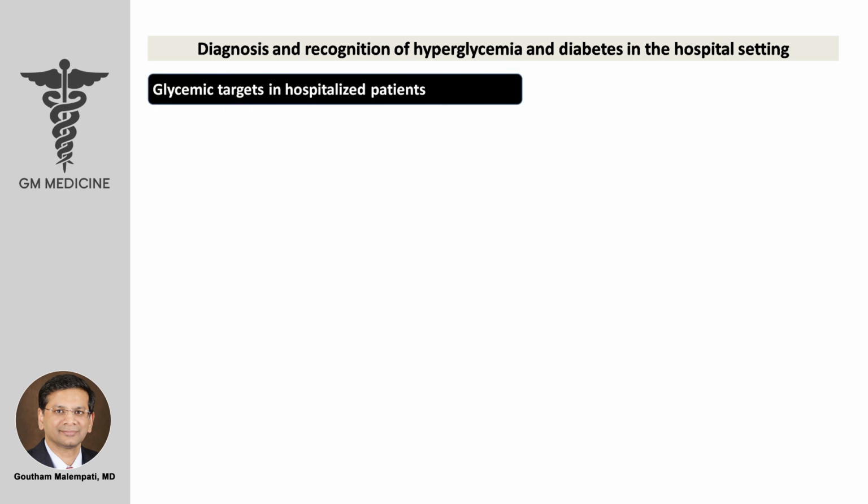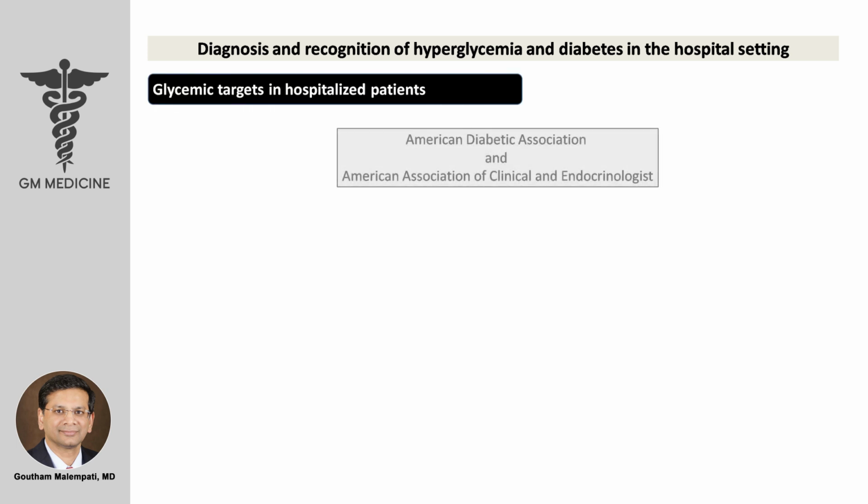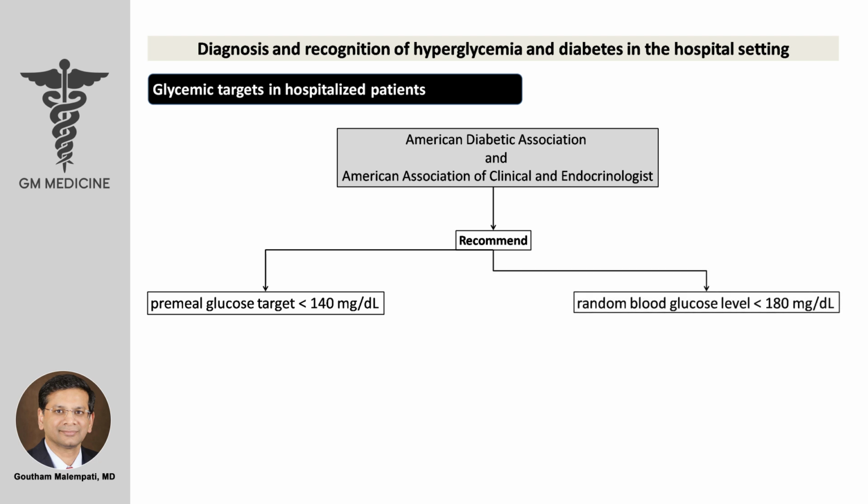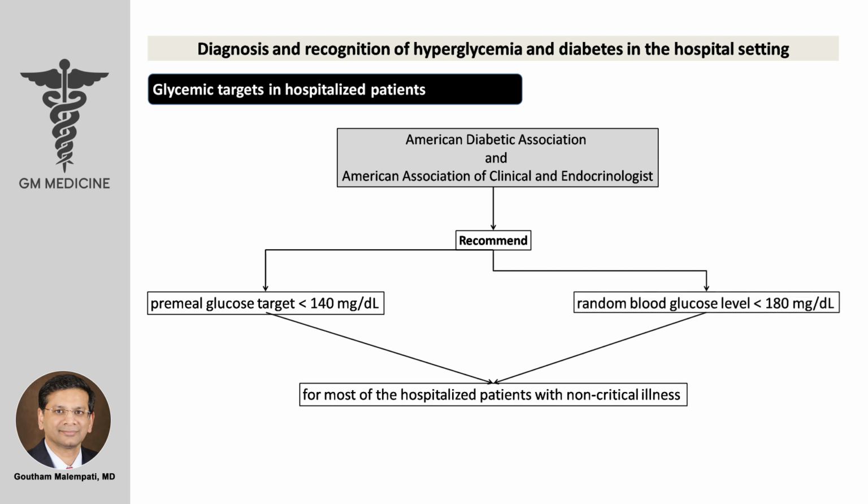Glycemic targets in hospitalized patients. American Diabetes Association and American Association of Clinical Endocrinologists recommend a pre-meal glucose target of less than 140 milligrams per deciliter and a random blood glucose level of less than 180 milligrams per deciliter for most of the hospitalized patients